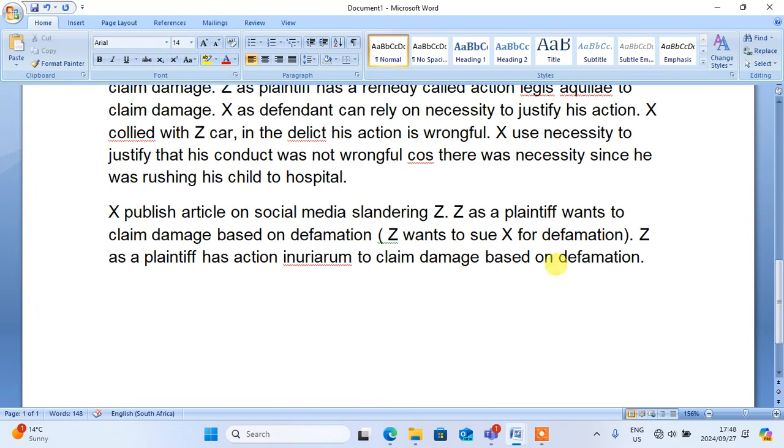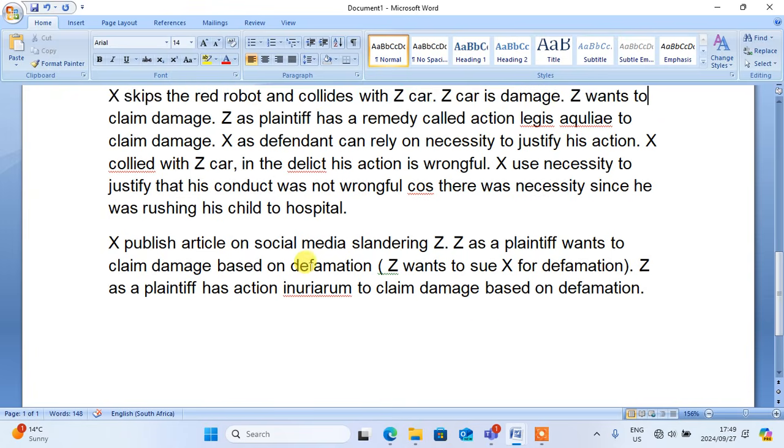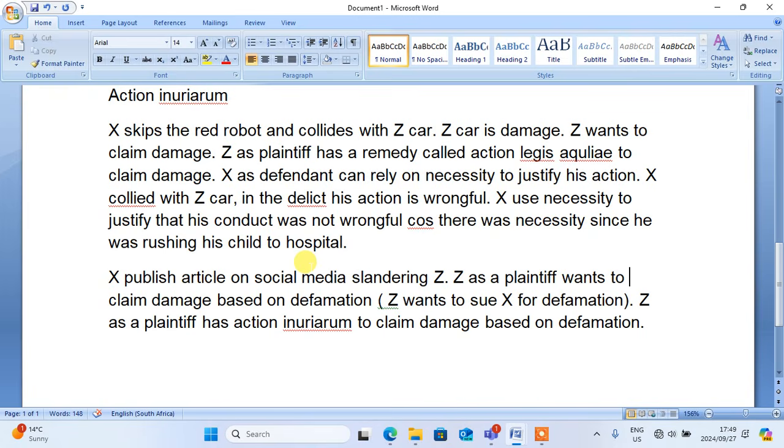This means that when you want to sue someone for defamation, you must use the actio iniuriarum, because it is available when you are claiming for defamation. Remember, defamation is still part of what? Of the delict. So we have talked about the car where we use the actio legis Aquiliae. We have talked about the published article where you have to use the actio iniuriarum because it is used to claim defamation. So in this instance, X, as a defendant,